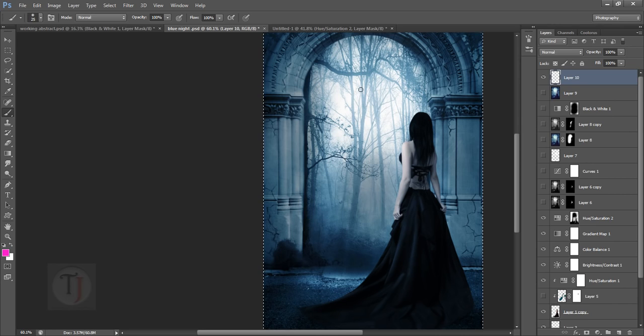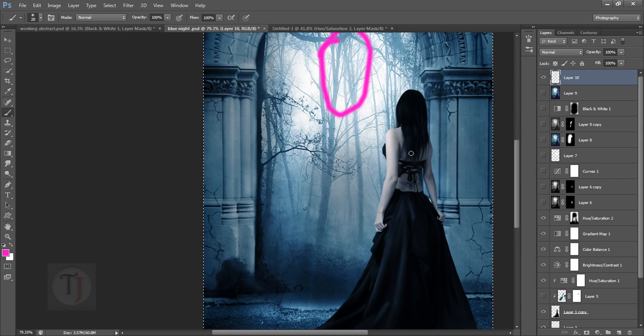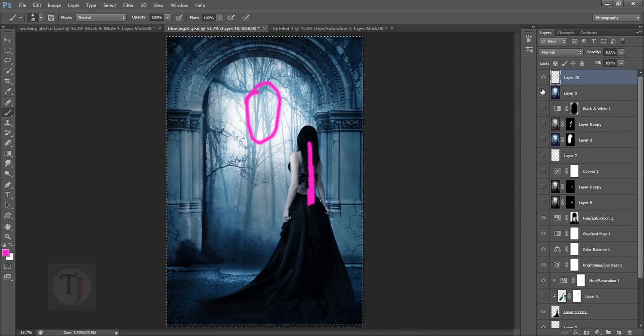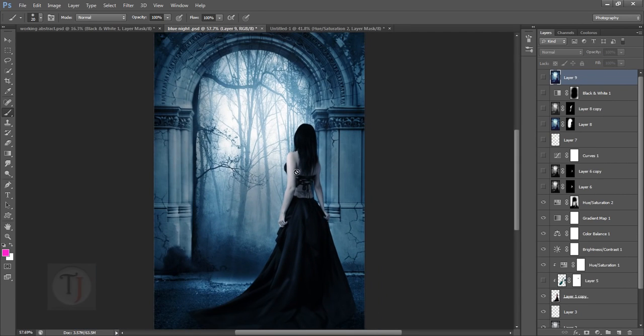If this is like the light source here, it will definitely make this part really darker, but since it's a fantasy image, I'm not like really caring. I don't care about realism that much, so I'm just gonna delete this. So it's a matter of personal choice. You can leave it here or you can work on skin, so I'm just gonna show you how you can